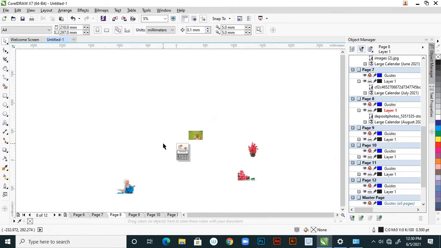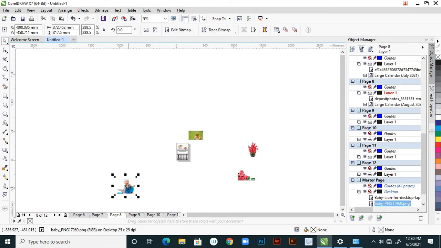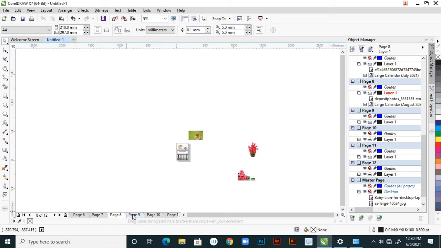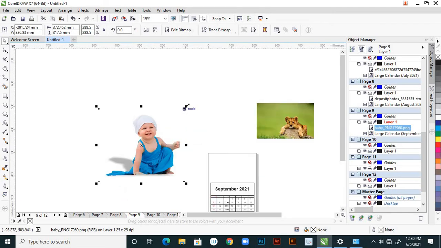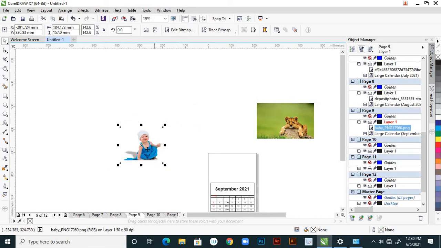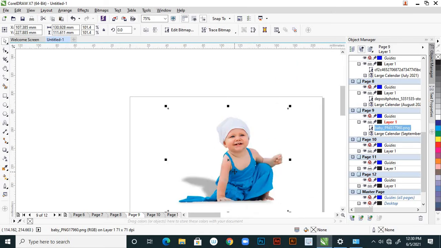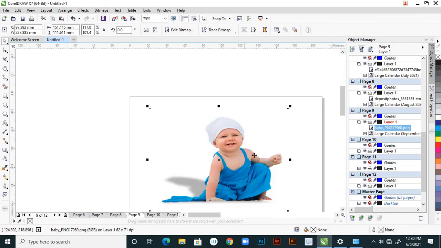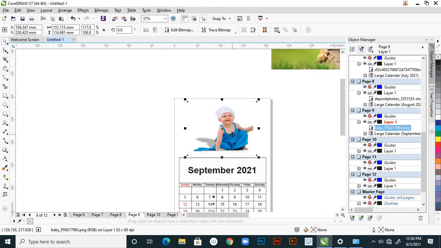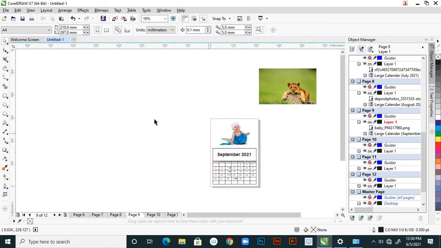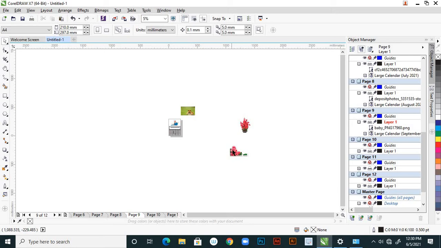Yes. Now come to this one, Control X, and come to 9th page. Here Control V and move here. Yes, you can resize this and place here. You can extend, right? Yes, this is. And next I want to place this one,